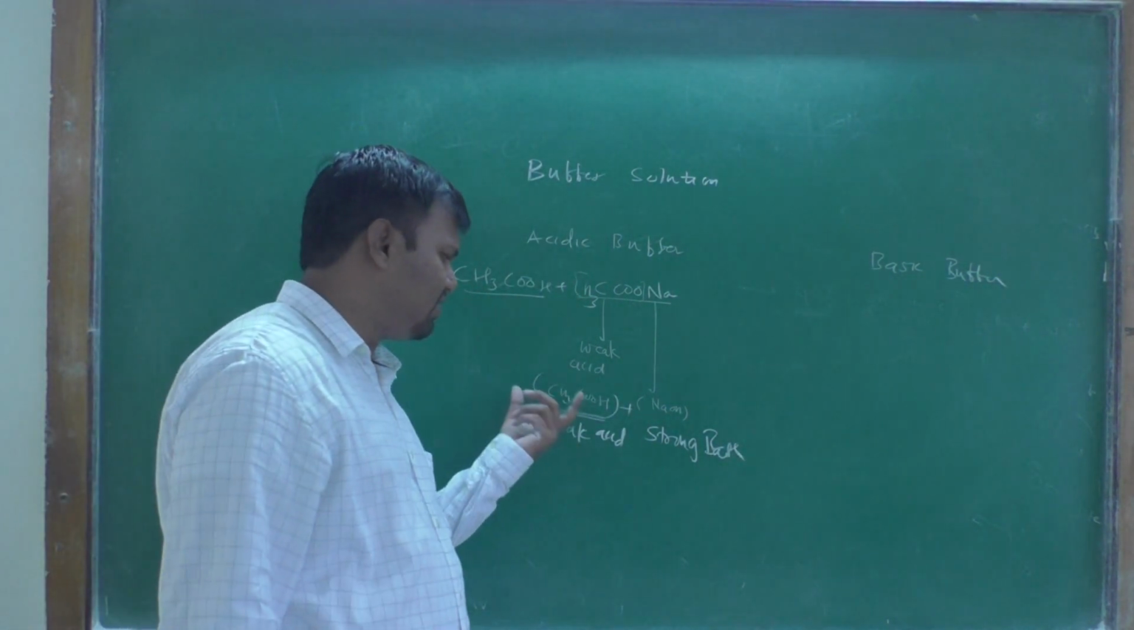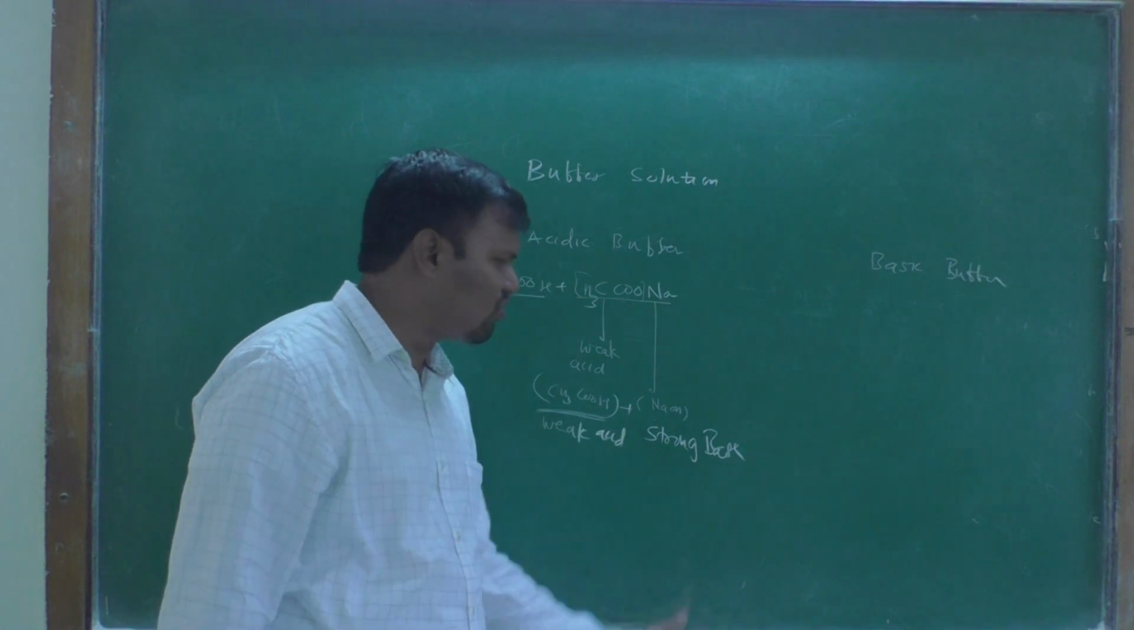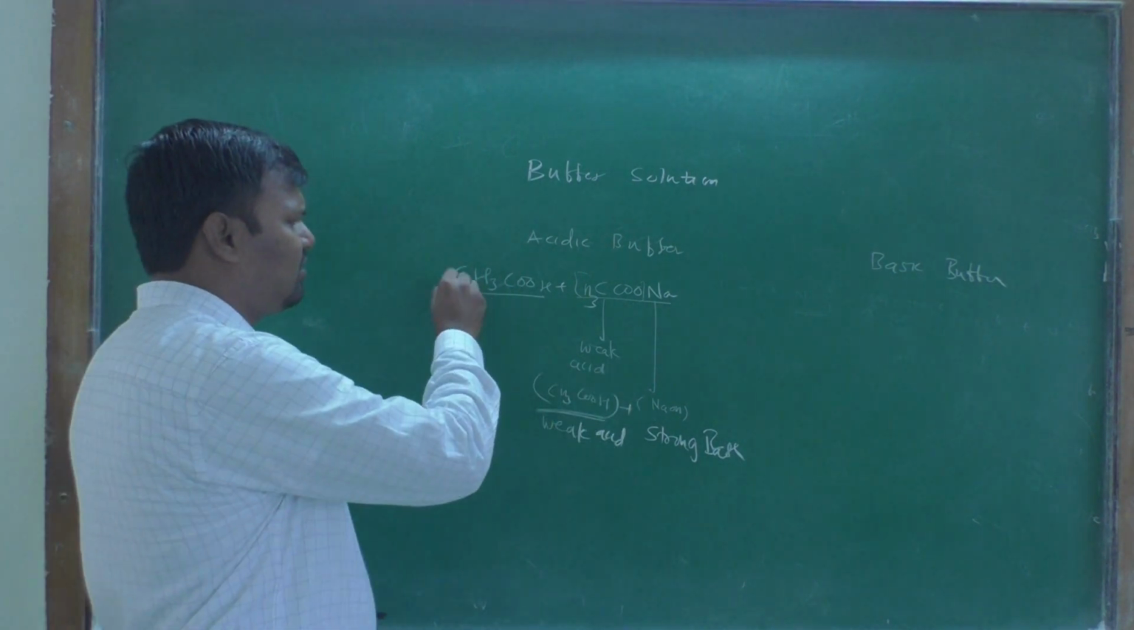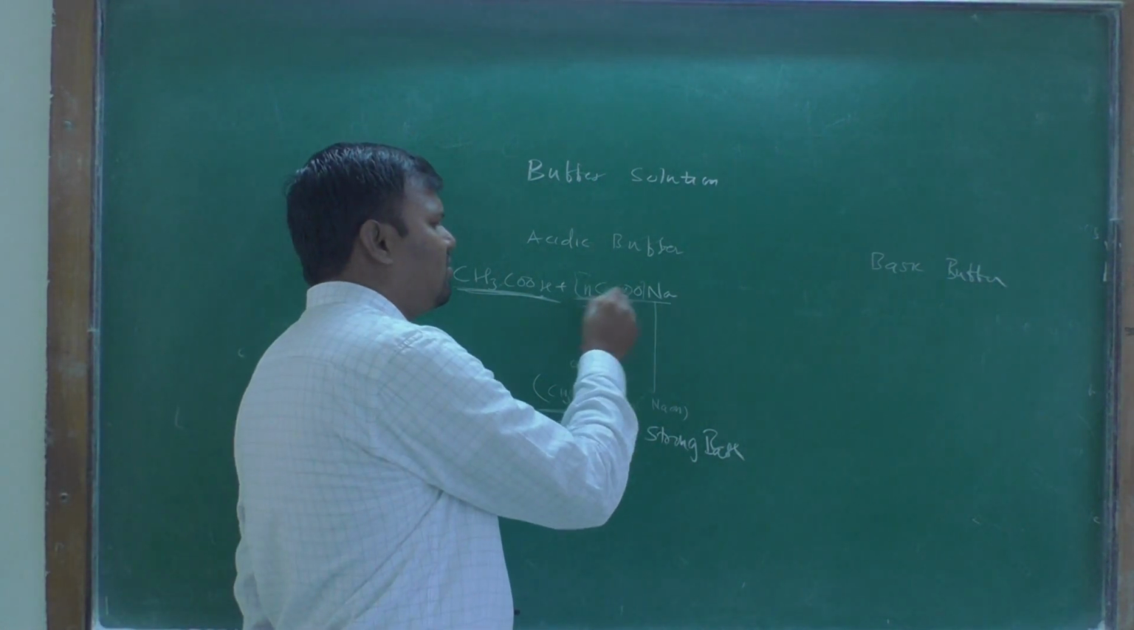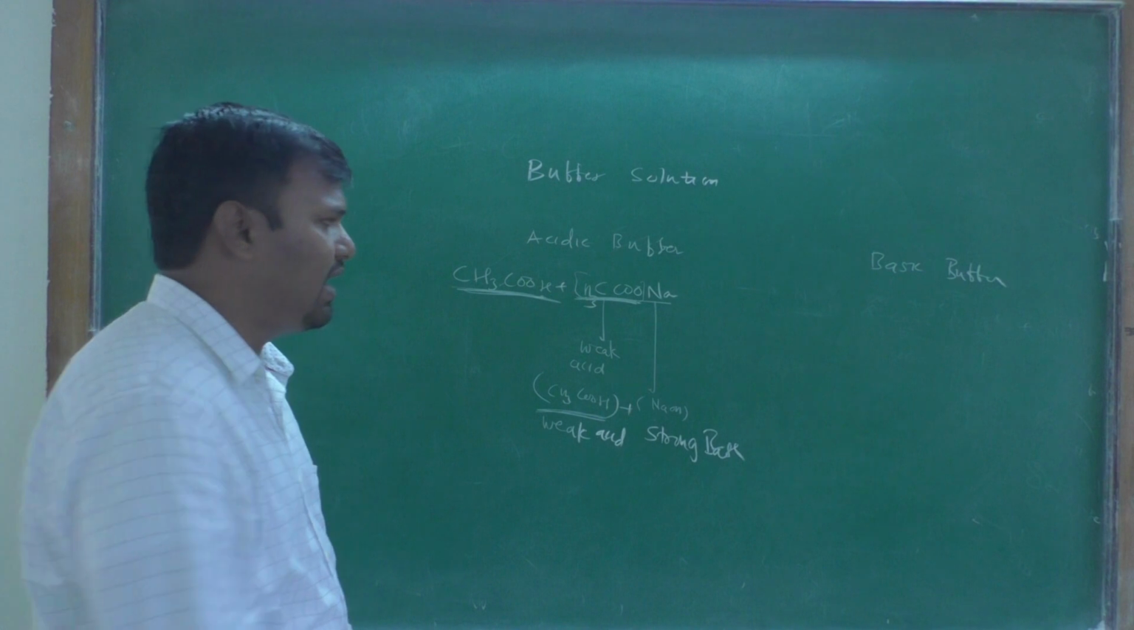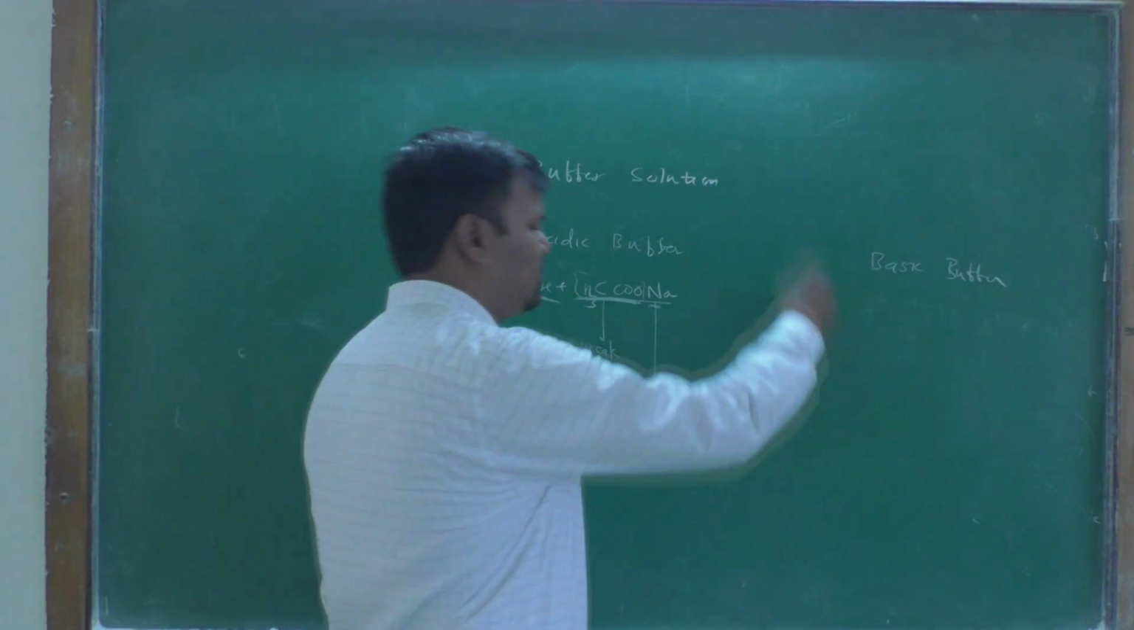Therefore, weak acid, the salt made up by weak acid and the strong base. Okay, therefore acidic buffer is made up by the weak acid and the salt of weak acid and the strong base. Okay, for the basic buffer,